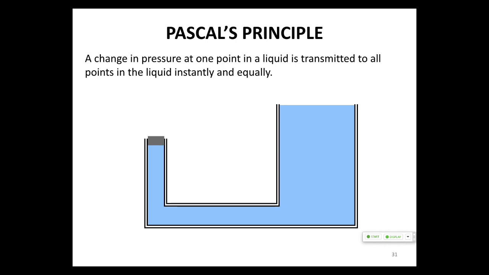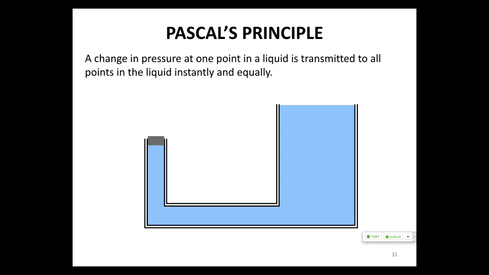So we talked about how pressure is all the same along a horizontal line. Another thing that comes from something called Pascal's Principle, since we're already talking about Pythagoras, another P guy. Pascal's Principle. Try to say that 5 times fast. Any change in pressure at one point in the liquid is transmitted to all points in the liquid instantly and equally. Now, obviously, this is kind of a model, because if you could get a high enough speed camera, that's not totally true. But effectively, in the time scale that we live in, this is a very good approximation.